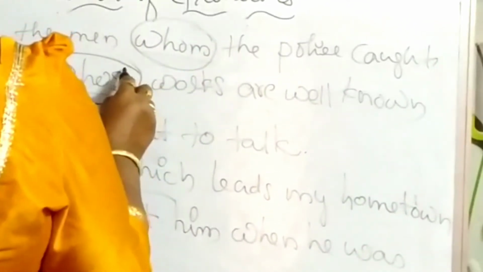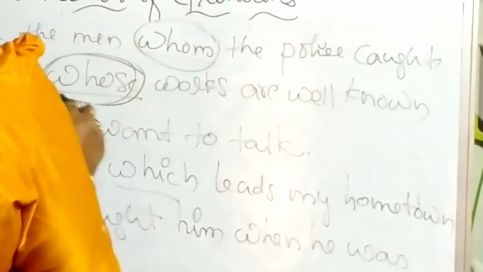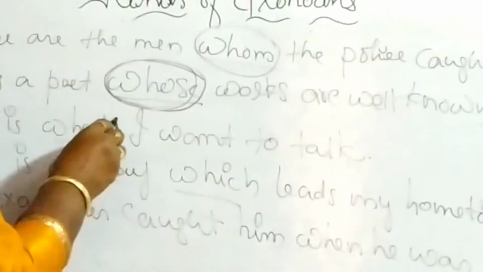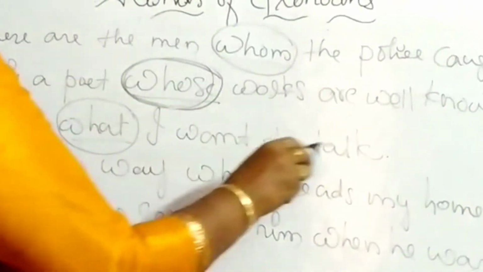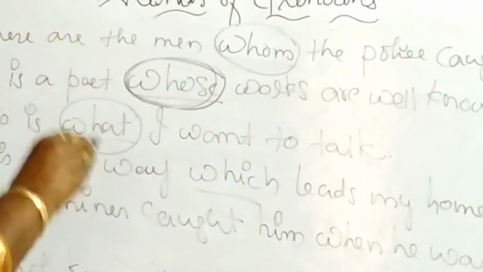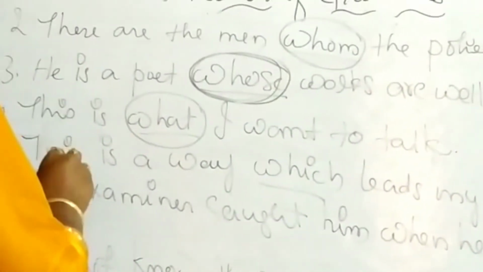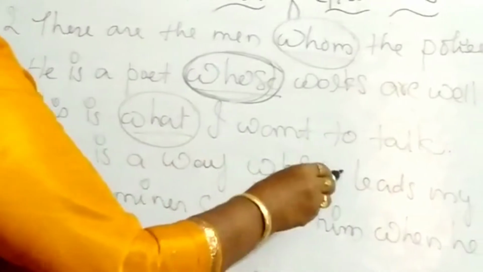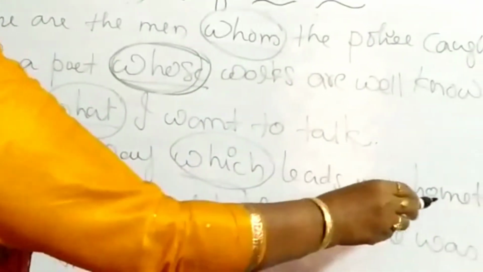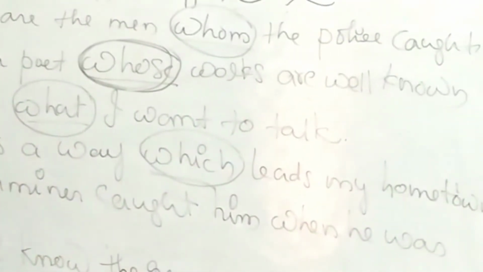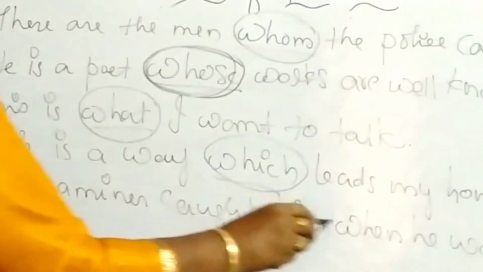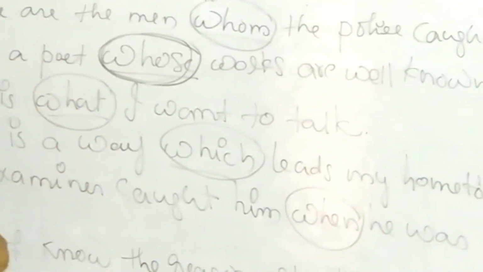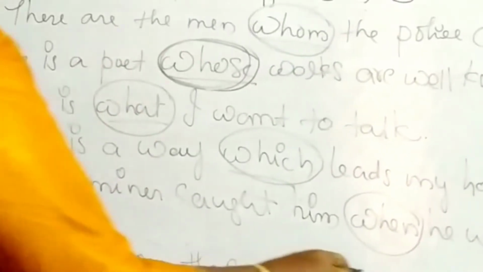Here, whose is a relative pronoun. This is what I want to talk. What is the relative pronoun. And this is a way which leads to my hometown. Relative pronoun. The examiner caught him when he was copying. I did not know the reason why he was late. So all these